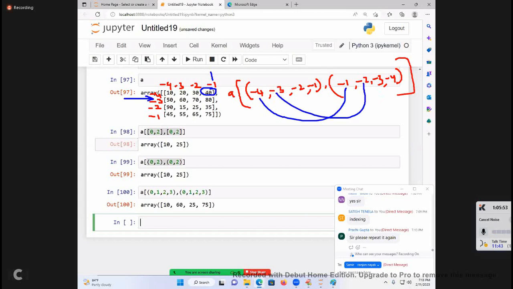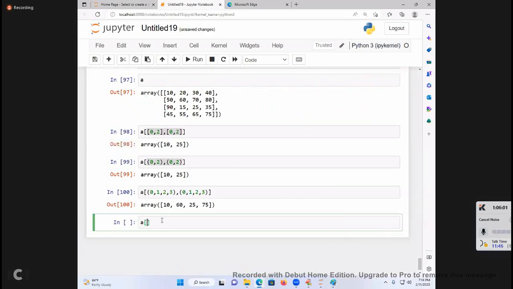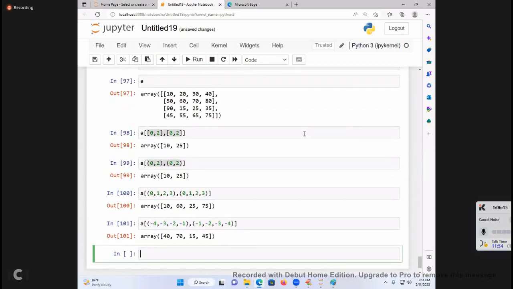Minus 3 and minus 2. Minus 3, minus 2, 70. Beautiful. A of minus 4, minus 3, minus 2, minus 1, comma, minus 1, minus 2, minus 3, minus 4 gives 40, 70, 15, 45.